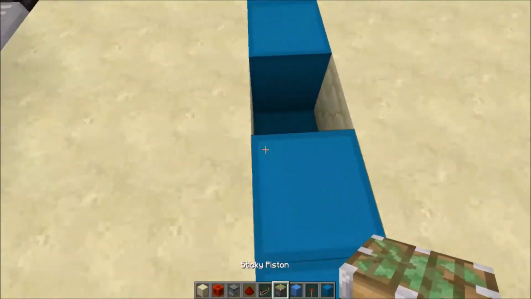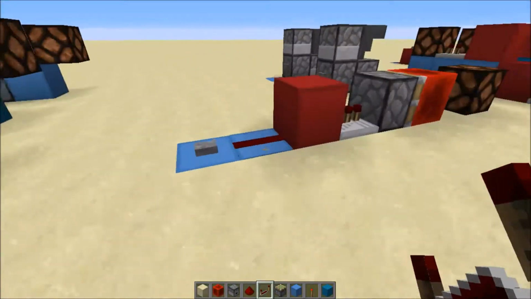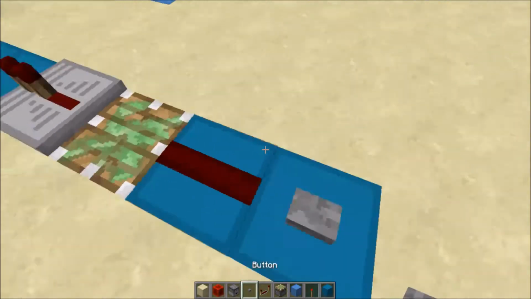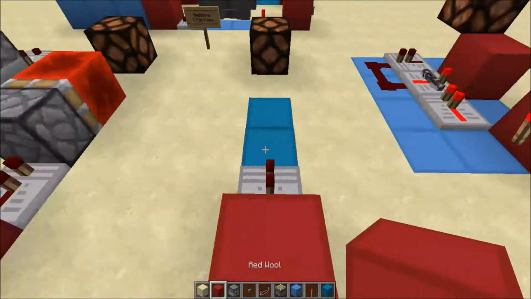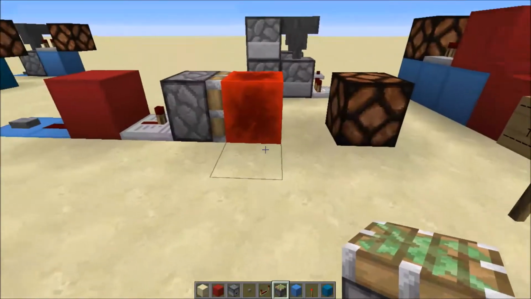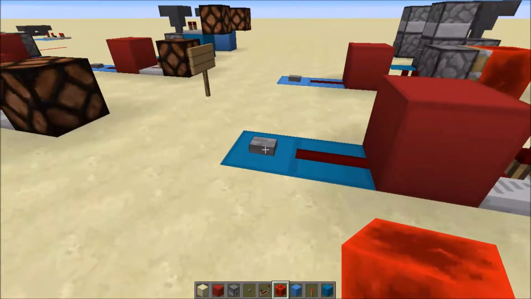You need a sticky piston, place one over here, get a redstone repeater, place one over here, get a piece of redstone dust, get a button, place it over here, get any old block, make sure it's a solid block, take a sticky piston and place one over here, and get a redstone block, and there it is. There is your